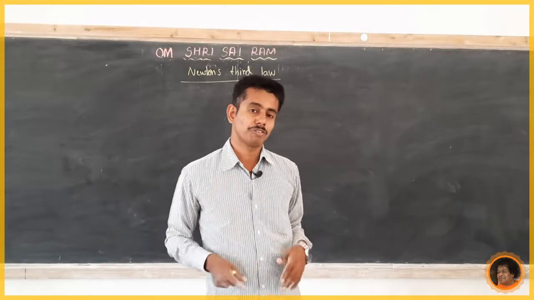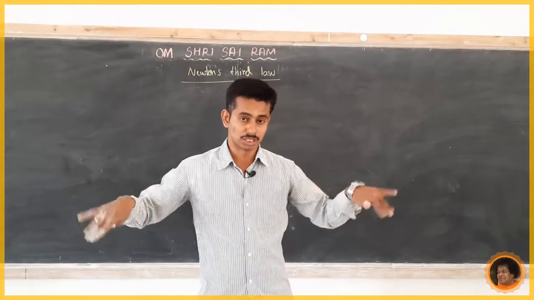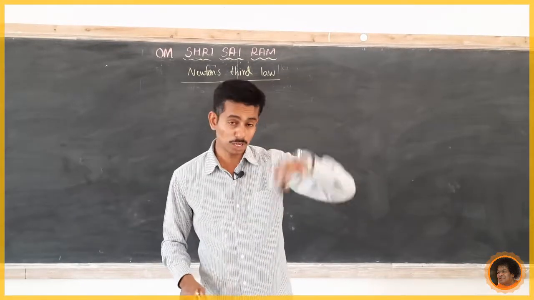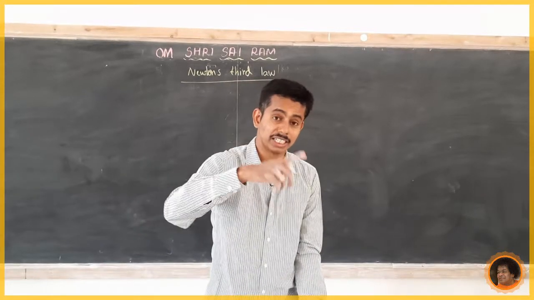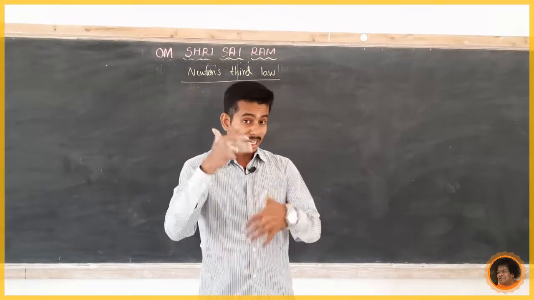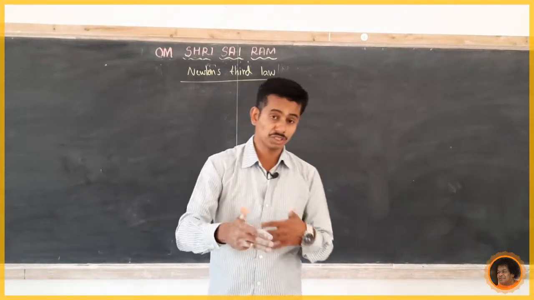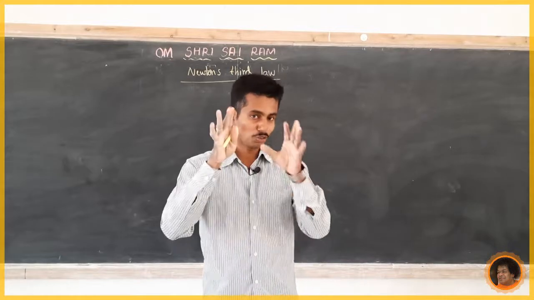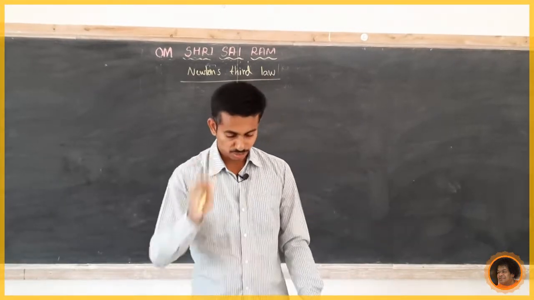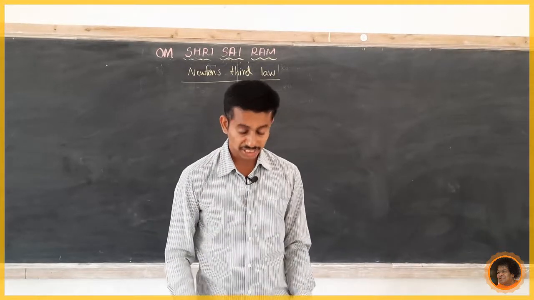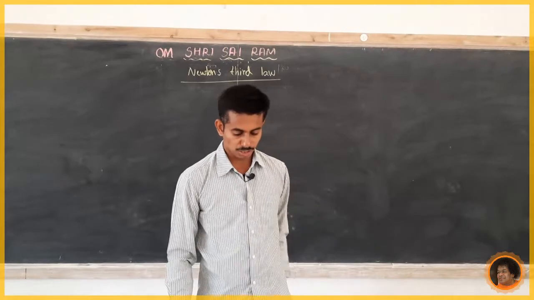He pushes the water backward. What is the direction of the force he exerted on that water? That is backward. But he moves forward, which means the water exerts force on that person in the forward direction. The amount of force exerted is equal. The direction is opposite. So for every action there is an equal and opposite reaction. A swimmer pushes the water backward, but he moves forward. This is also an example for Newton's third law.